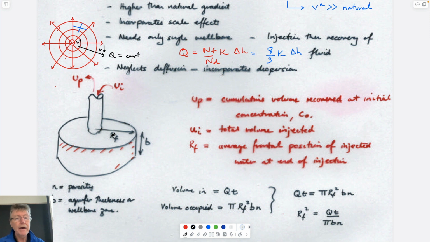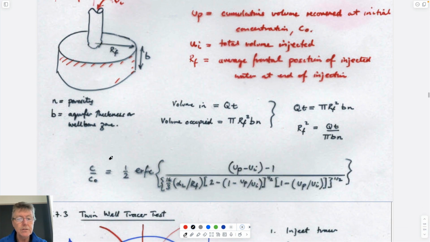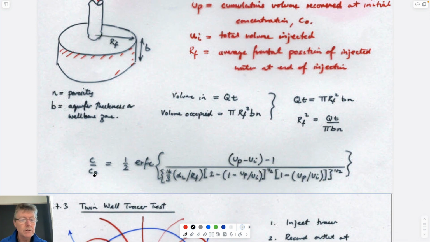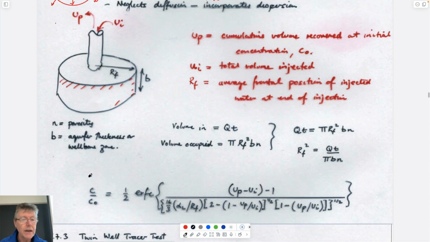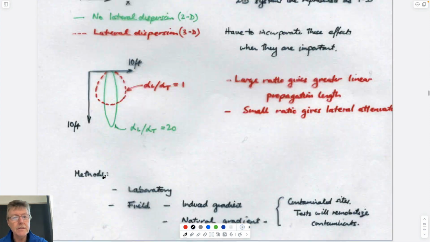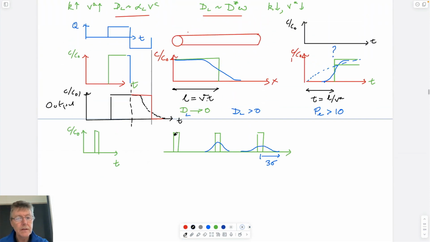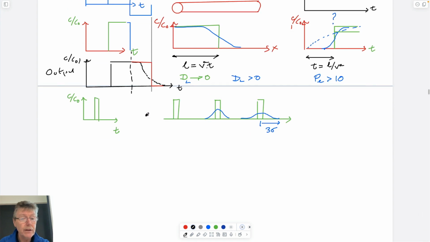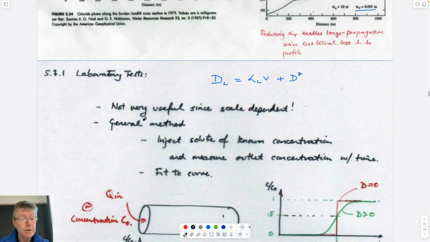But you can imagine that if you have a solution to this, and there is a solution to the concentration that you get if you inject at some concentration for a given time, and then you withdraw for a certain length of time and look at the concentration profile that we just drew further up in this form, this black line here, or the red line, you can curve fit to these profiles, and you can pull out a value of dispersion coefficient,